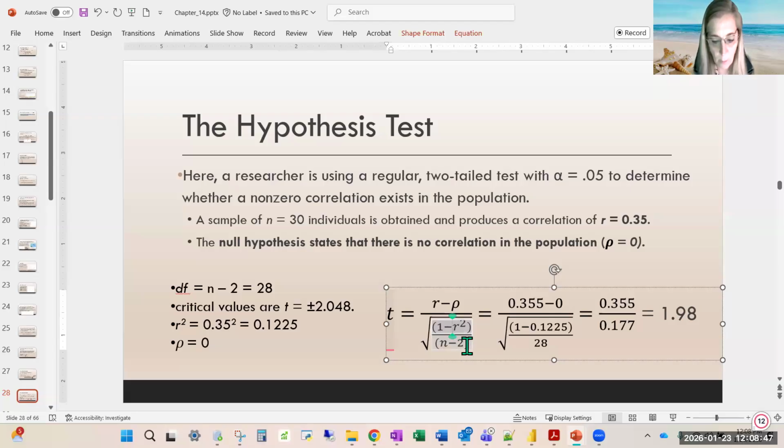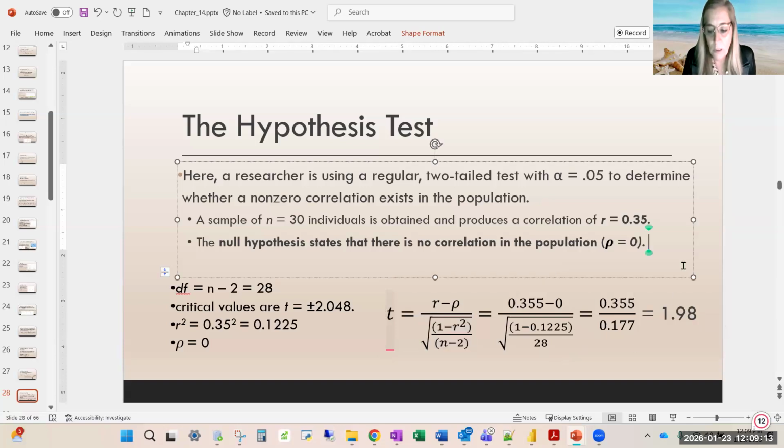And then remember, our formula for error is down here, and it's the square root of 1 minus r squared divided by n minus 2. So 1 minus r squared, which is 0.1225, divided by 28. We find the square root of that, divide again, and we find that we have